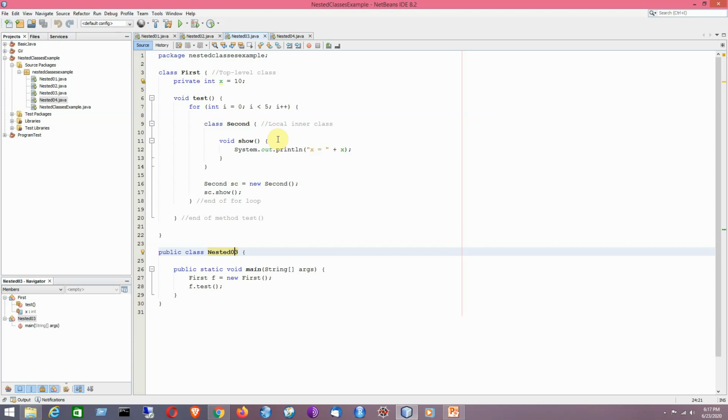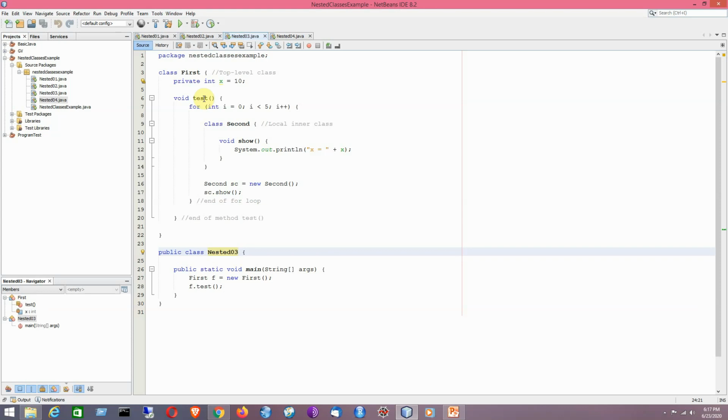So just have a look at this example. It demonstrates the use of local inner class. I have placed the local inner class named second. It is basically the local inner class which is placed under a loop inside the method test, which is basically an instance method of the top level class fast.